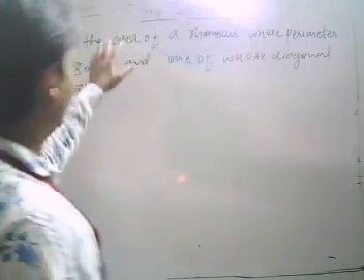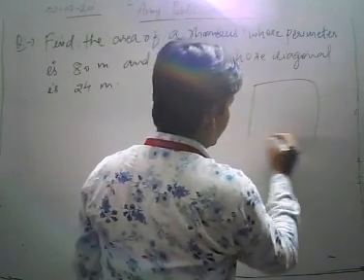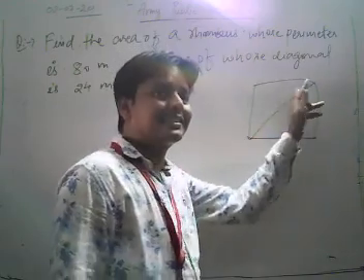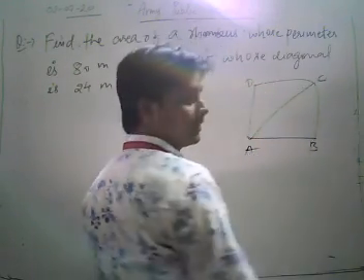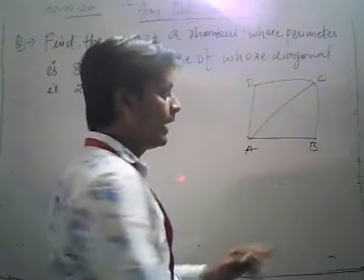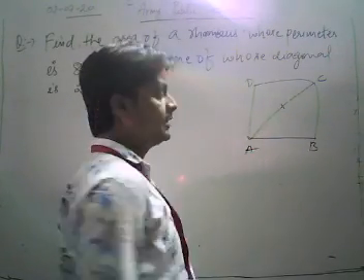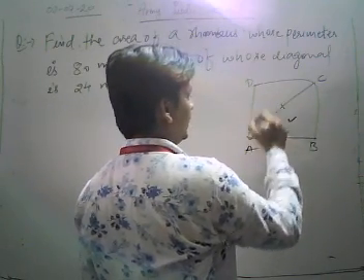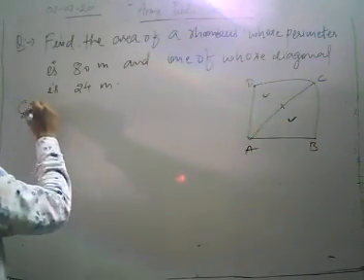The question is find the area of the rhombus, and you know that for a rhombus all sides are equal and the diagonals of the rhombus bisect the rhombus. That is, suppose that ABCD is a rhombus and AC is the diagonal, then diagonals of a rhombus bisect each other. Bisects the rhombus means area of triangle ABC is always equal to area of triangle ADC. Okay. Now let's solve it.